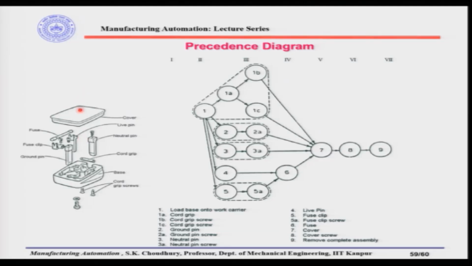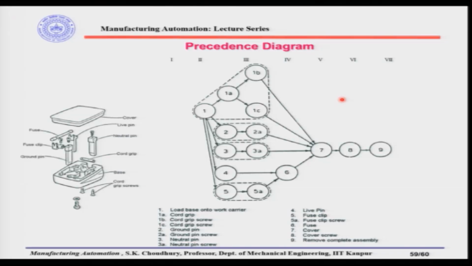So, that is one reason why we should take the parts from the top, and different directions will give you positioning of the bowl feeder and the feed track in different directions. So, the space cannot be utilized properly. Because of these two reasons, we are saying that assembly should be in a sandwich manner, and preferably the part should be coming from one direction and preferably from the top. Now, the precedence diagram as it is shown here, I will explain to you what it is.